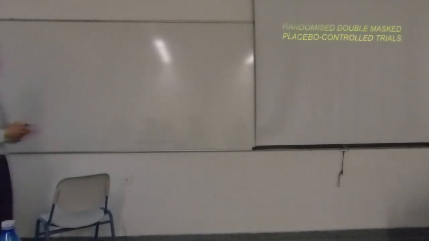But the best design for looking at interventions is what we've talked about already. It's a randomised, double-masked, placebo-controlled trial. And you must select your subjects, and a key thing here is that you need to specify